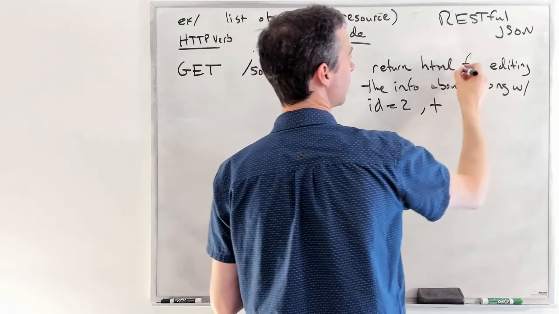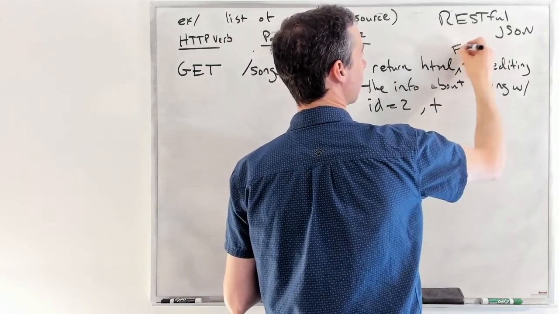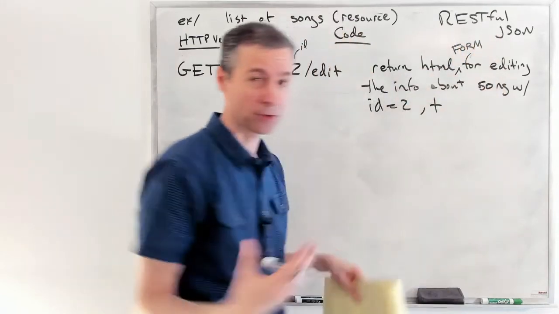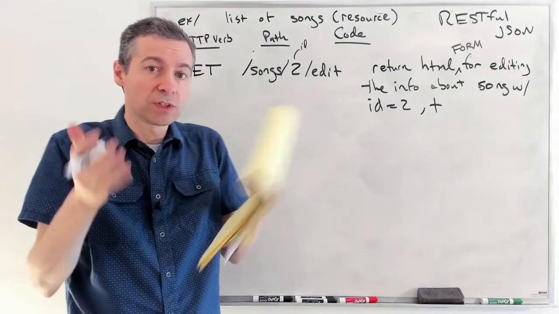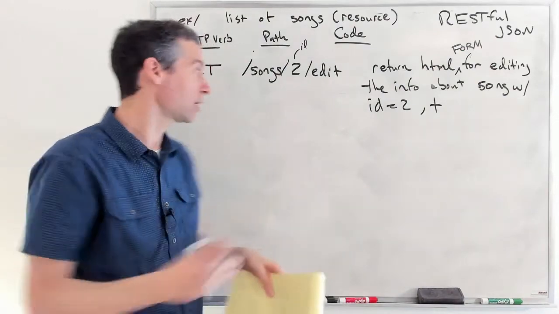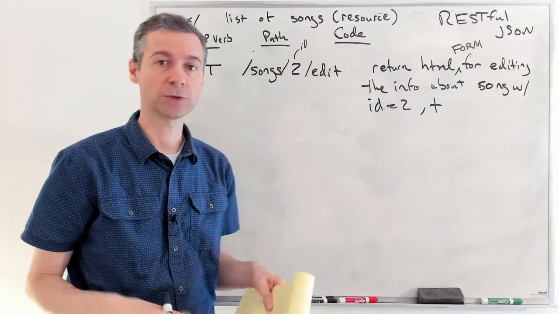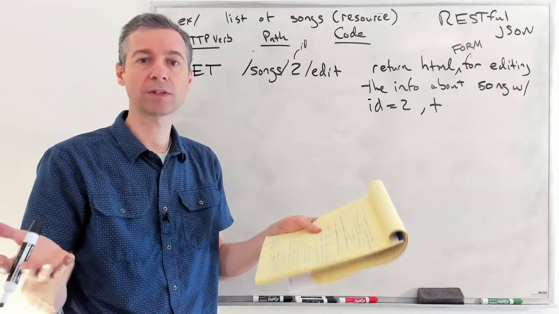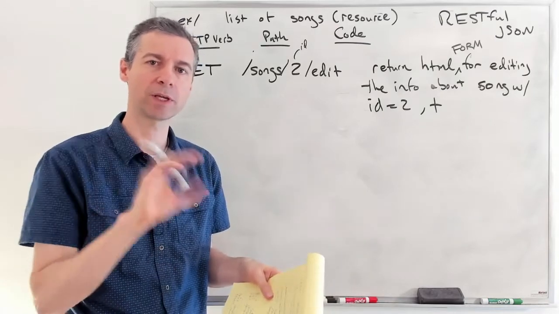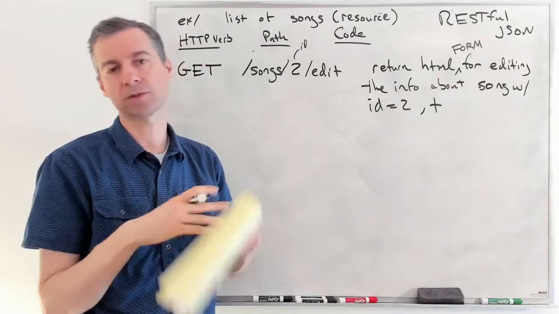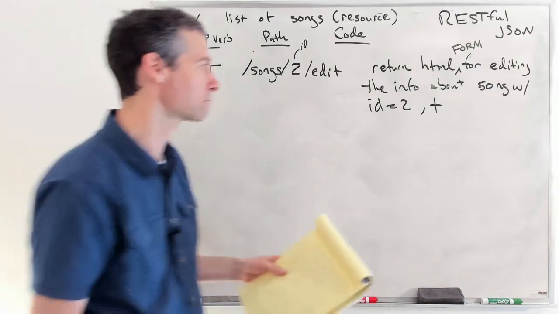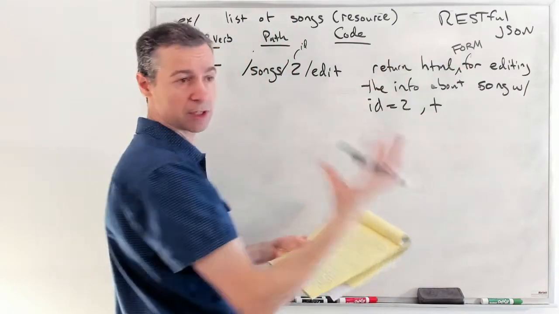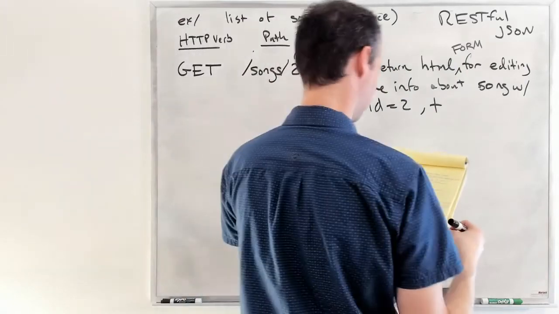So this is return an HTML form. So you got an HTML form, and if you do it really nicely, you fill that form out with the existing data for song with ID 2. So that you, oh yeah, you've already put the title of the song there. Oh yeah, it was a spelling fix I wanted to make. So that's easy. I just edit it. I don't have to retype the whole thing from memory or something. So you fill out this form. It exists. You're just sending back HTML, and